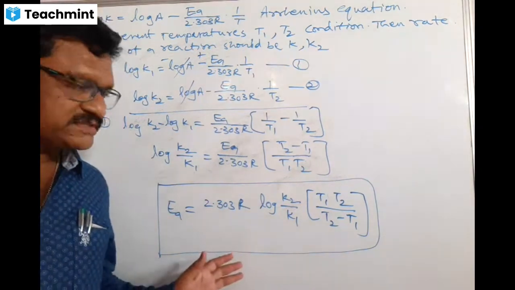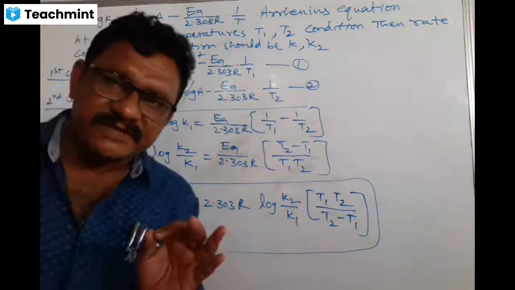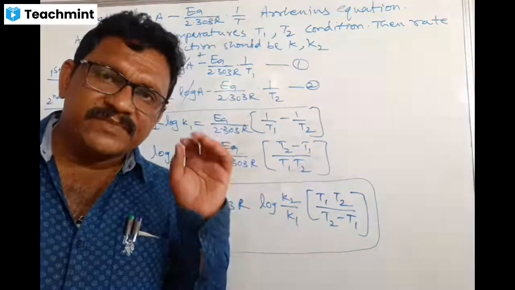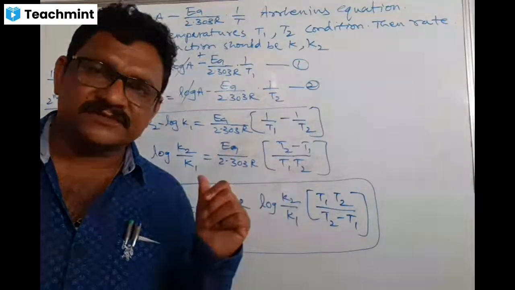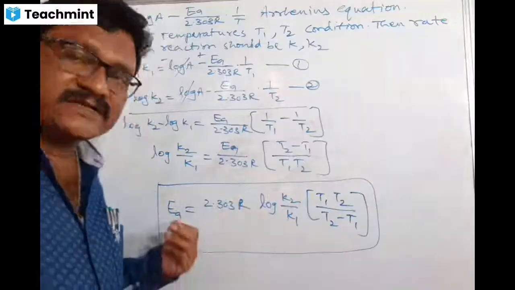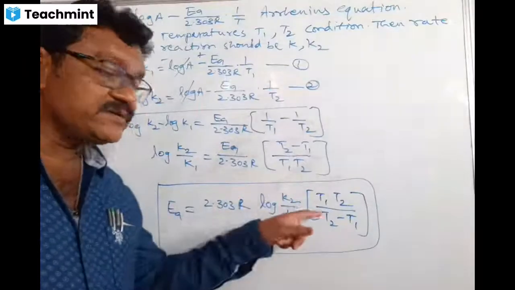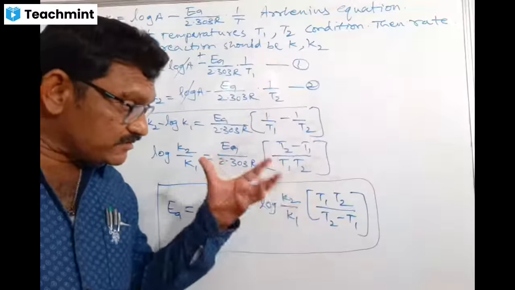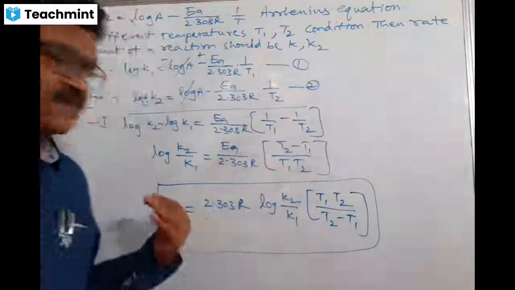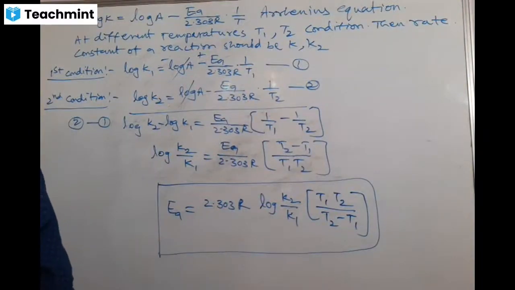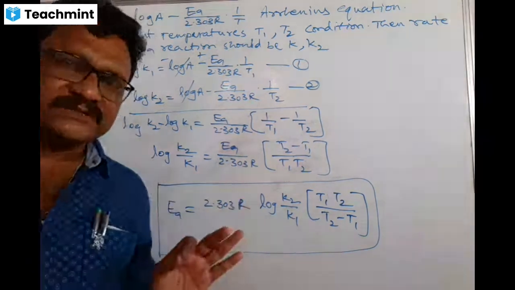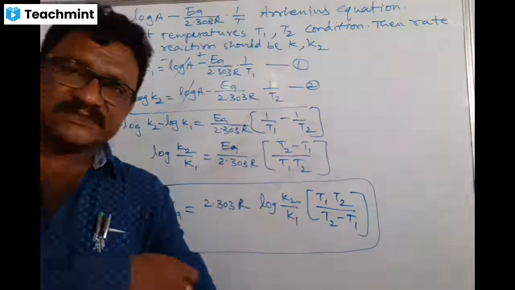Please copy it down, students. With this, we completed the influence of temperature on rate of reaction based on the Arrhenius equation. So with the help of the Arrhenius equation, we can easily calculate the activation energy, but the condition is that we know the values of T1, T2, and K1, K2. In that condition, it is possible to calculate the activation energy. Okay. This is the important mathematical part in chemical kinetics. The remaining part will continue in the next class.